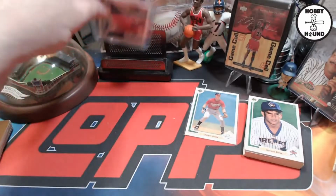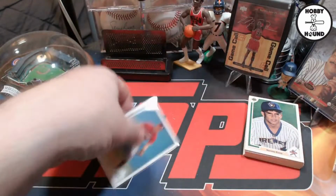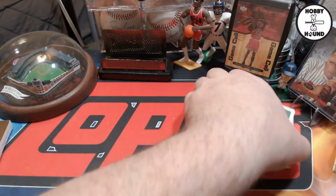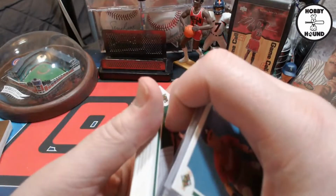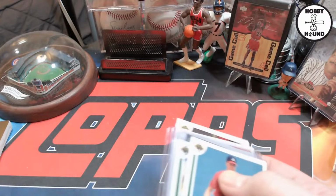I don't think I missed any other ones. Now I really want to find that Candy Maldonado, so I'm going to have to go look for it. I have to dig through those boxes I have of all these other openings if I can find them. And